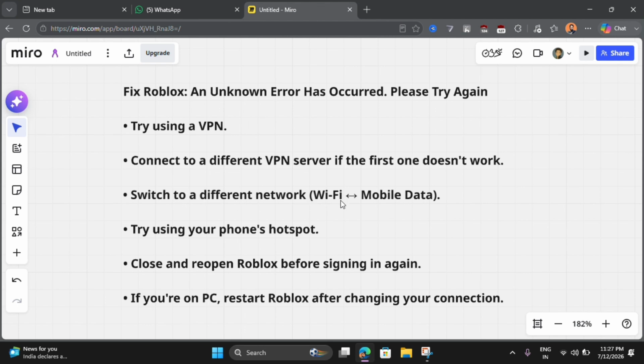The next solution is to switch to a different internet connection. If you're currently connected to your home Wi-Fi, try using your mobile data instead. If you're already using mobile data, connect to another Wi-Fi network if one is available. You can also enable the hotspot feature on another phone and connect your device to that network before trying to log in again. Changing your network gives your device a different IP address, which has helped many users get past